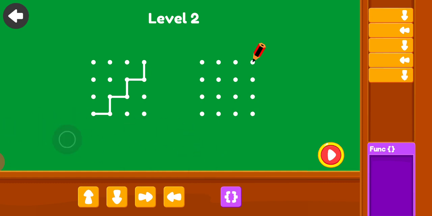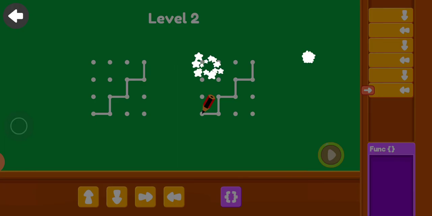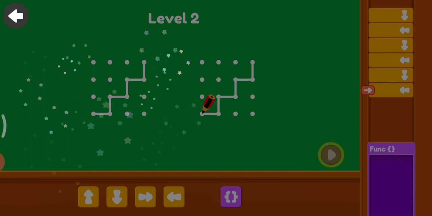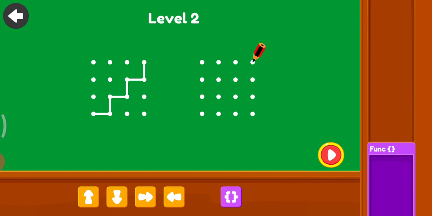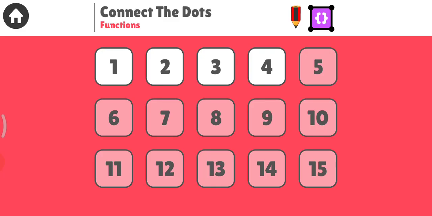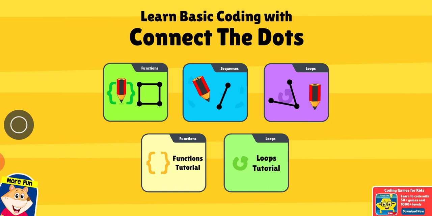Again I am going to take left. Once you complete setting up the script, just click on the play button. Okay. So successfully you have completed 2 levels. Like that, children, please complete all 15 levels which are given in the list. Then move on to the next one.